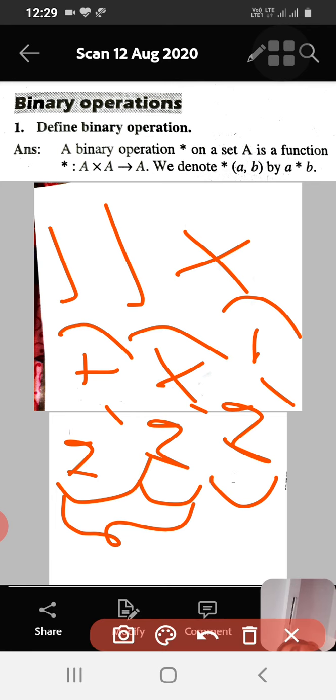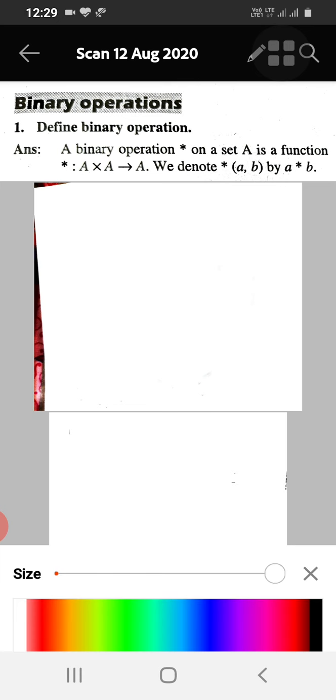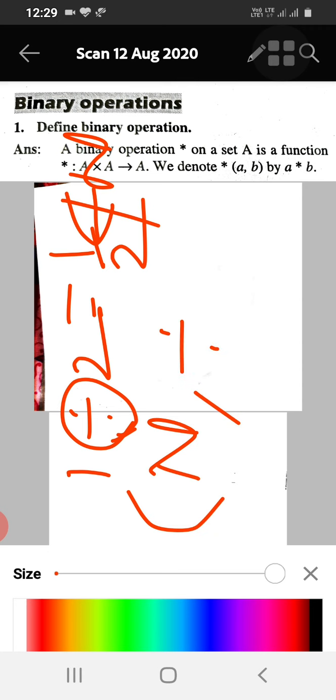Similarly, I can write, see here, if I take say 1 divided by 2, I have considered the divided by sign. So you get half. Half is not a natural number. Therefore you can say the set of natural numbers on division is also not binary. I hope you can understand this basic point here.